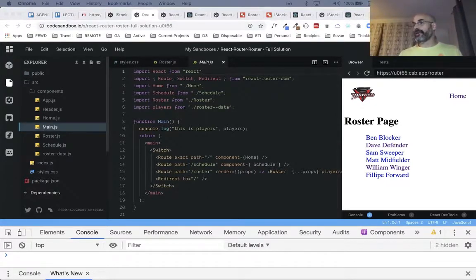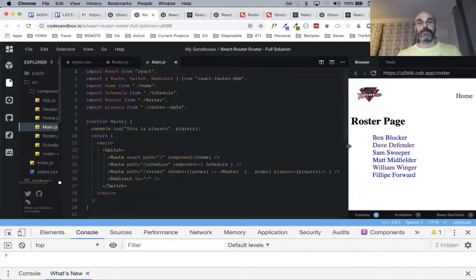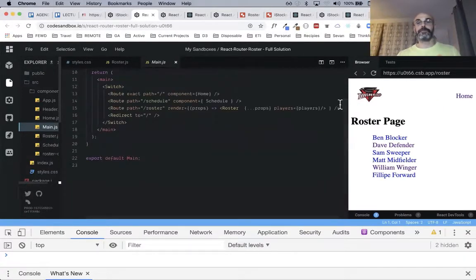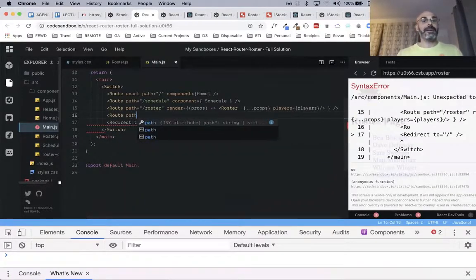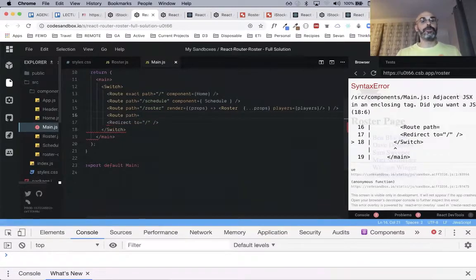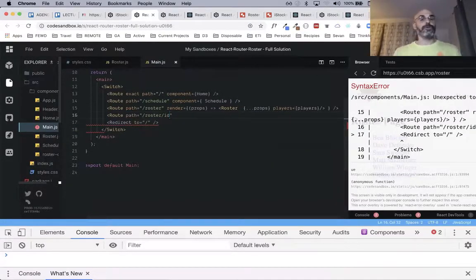And the new route is going to have, right here, let me move this over here. There's a lot of room here. All right, so, oh, here we go. A new route, okay? The path is going to be equal to roster, and I'm going to say ID, or number or something. I'll just call it ID, but it's colon ID. And this colon right here is indicative of it's an additional parameter that we're passing in,